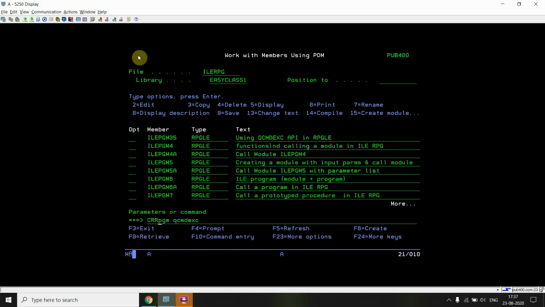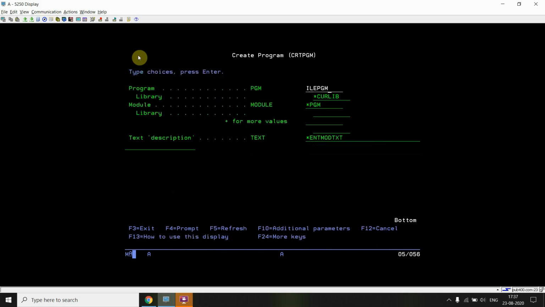Now it's time to create the program for this, ILEPGM35. The module would be ILEPGM35.